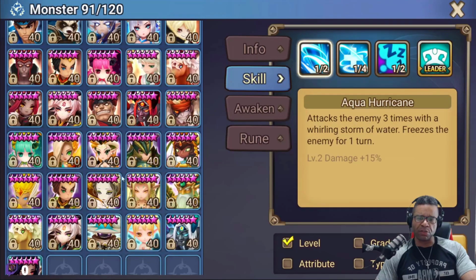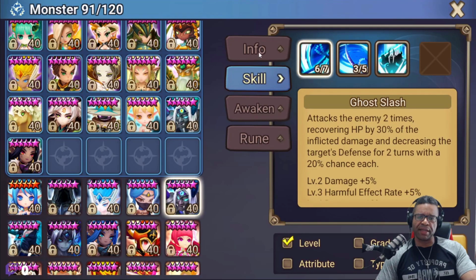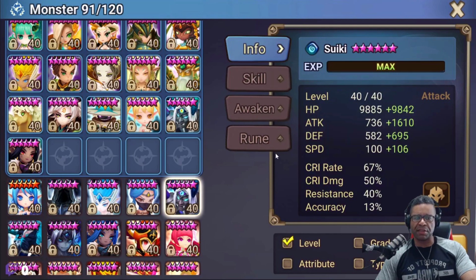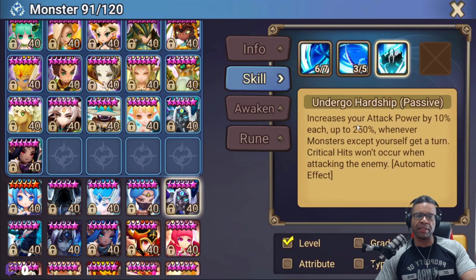Also, I don't want to say free to play, but I'd say this is obtainable. We got to give some credit to these units here. I think Suki is a fantastic unit as well. I have mine on Swift Revenge. You can go a wide variety of ways, but Suki has that built-in ability that allows him to improve his